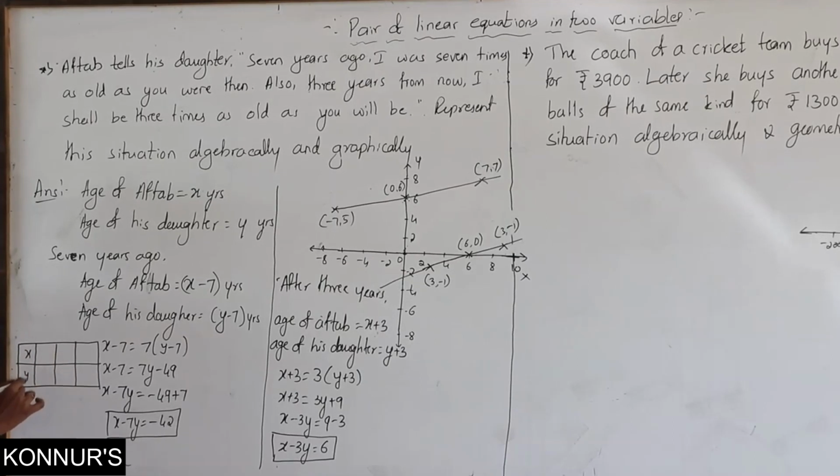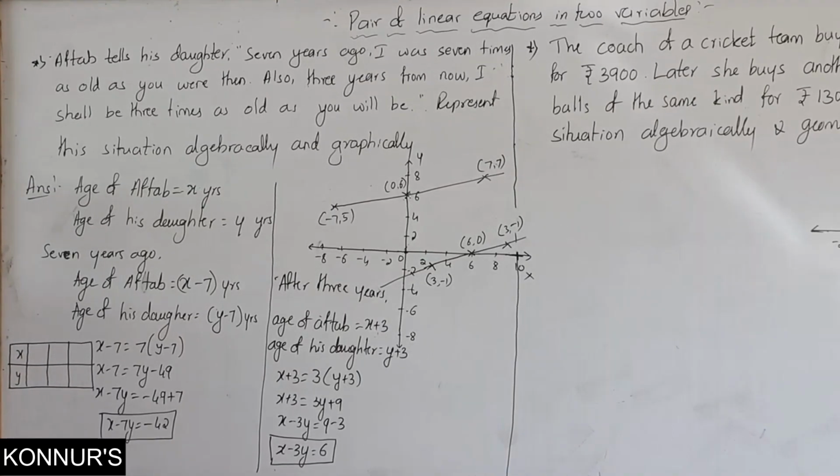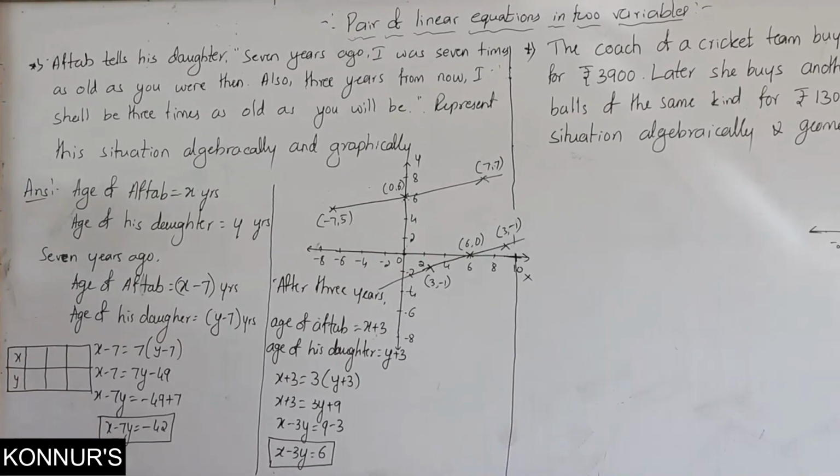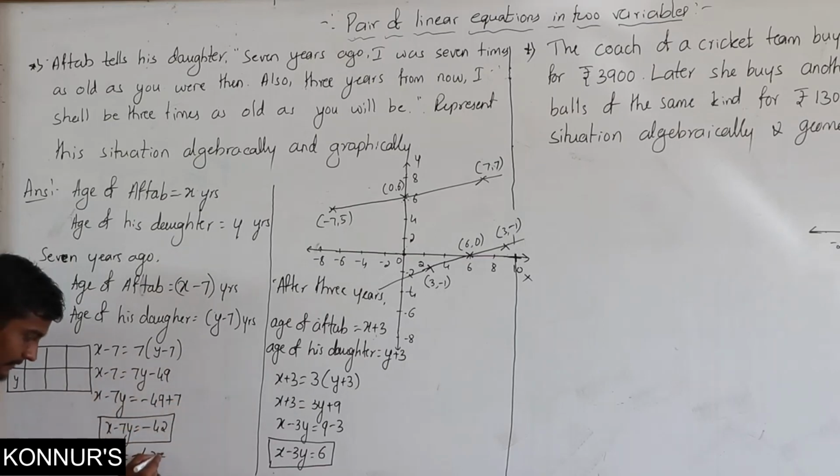So x and y. Suppose you take here, first you make this equation like this: x is equal to minus 42, take this minus 7y to that side, it becomes plus 7y. So here you have to substitute the y value and get the x value. If you substitute y is equal to 5, you can put any values, it is left to you. I want to get a smaller value, so I am taking 5.